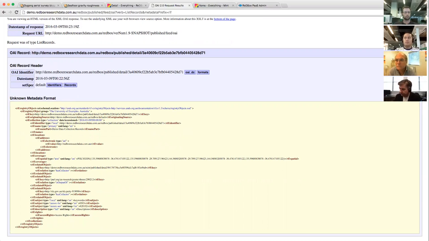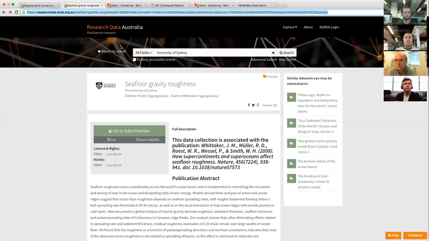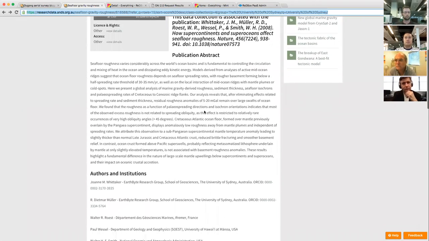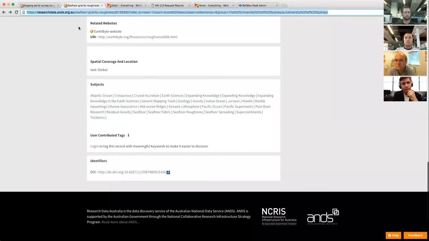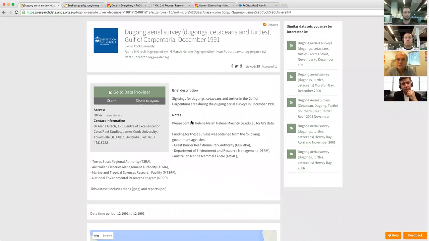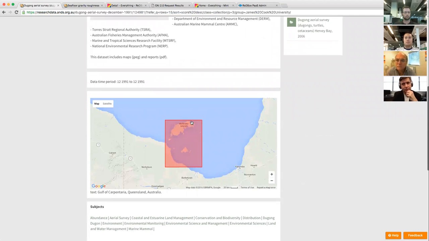And I've got a couple of examples from institutions currently using ReDBox, so you can see what the records look like in Research Data Australia. So you can produce some relatively rich records. As well, this one here's got the map as well, so all that stuff works as well. So that's the